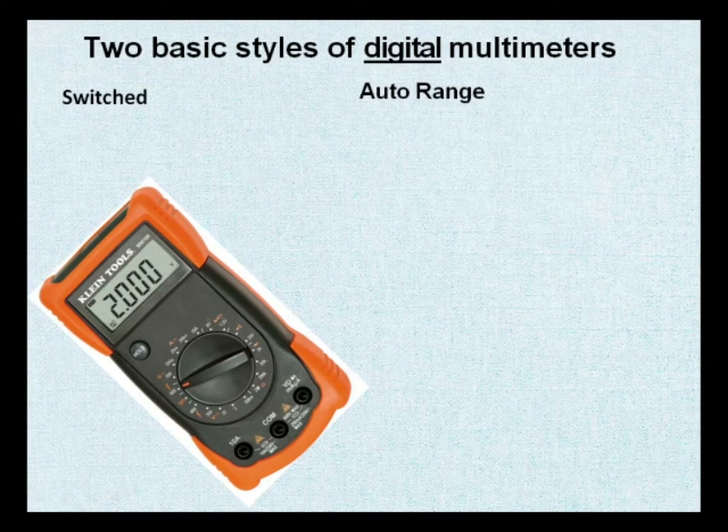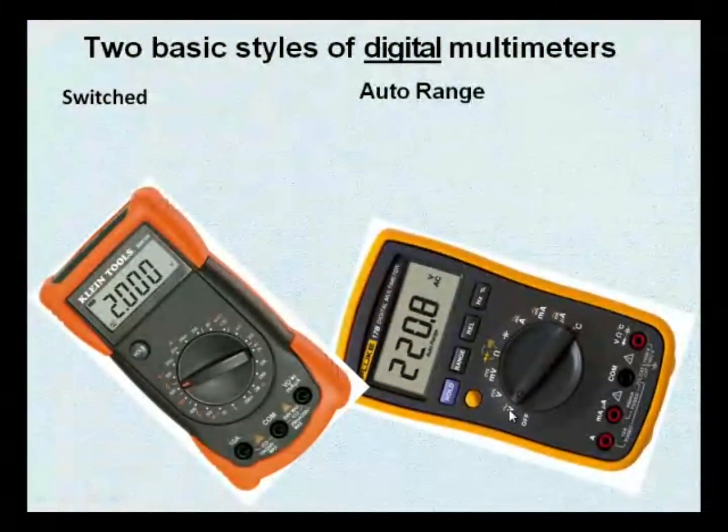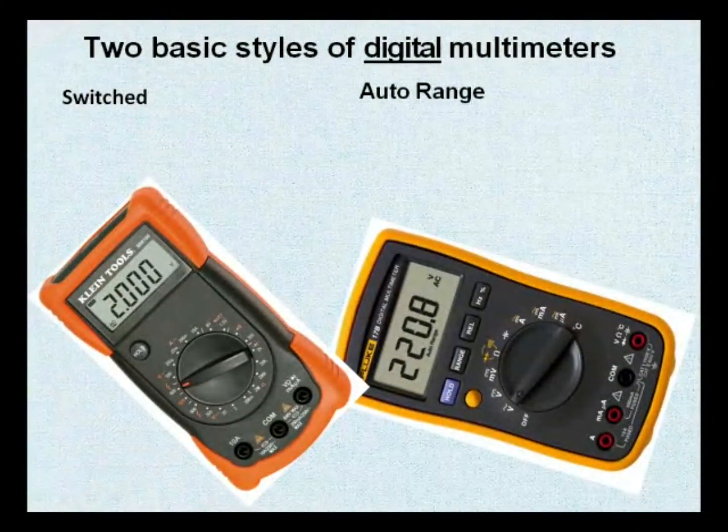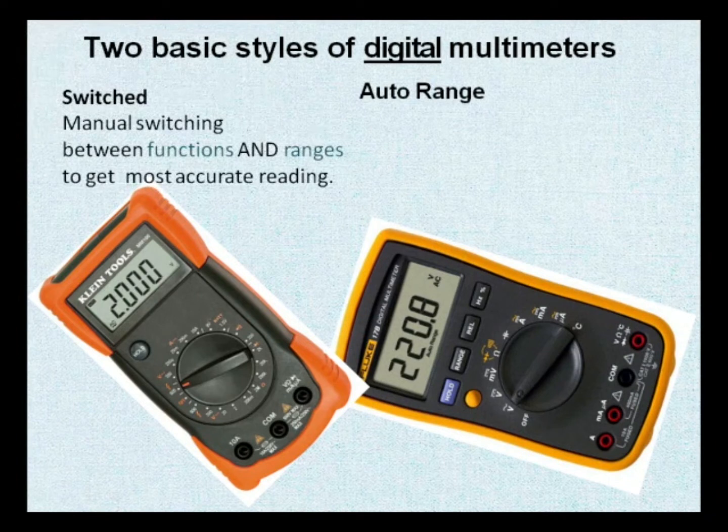So you have the control. It's just like driving automatic or standard. Now here's the automatic. Oops, wrong one. Okay. Here's the auto range. Over here in the auto range, you just select voltage, AC voltage, and that's it. And the meter is going to calculate the range automatically. Both kinds work just fine, so it's just a matter of preference. Some people like this type, some people like the other type. There could be reasons.